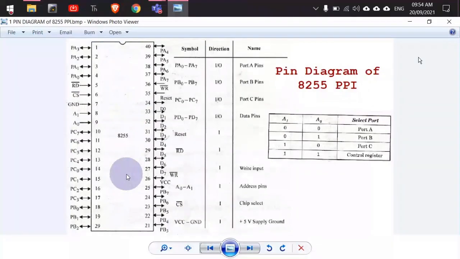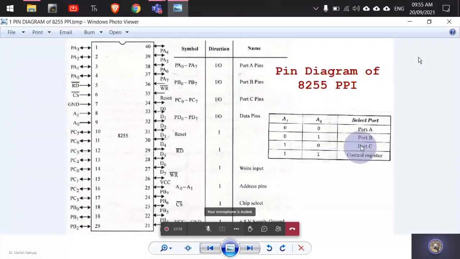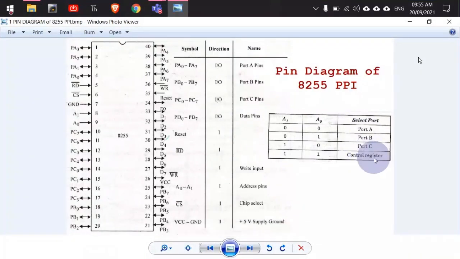But the only discipline that this 8255 IC will follow is that if data transfer is initiated, there is a sequence of operations, that is, this thing will happen prior to that thing. For example, the first thing is you have to select the control word register. A0 and A1 will be set appropriately, and the control word register will be selected. Then the microprocessor will write the control word register of 8255. Accordingly, the bits will be interpreted, the ports will be set in input and output modes, and the data will be transferred. This discipline will be followed, but when it will happen is not known. It depends on the need.